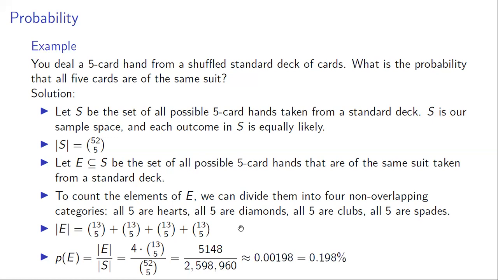This comes out to approximately 2 out of 1,000. So approximately 2 out of every 1,000 times that you take a group of 5 cards from a deck, you'll see that all 5 cards are of the same suit. So pretty unlikely,